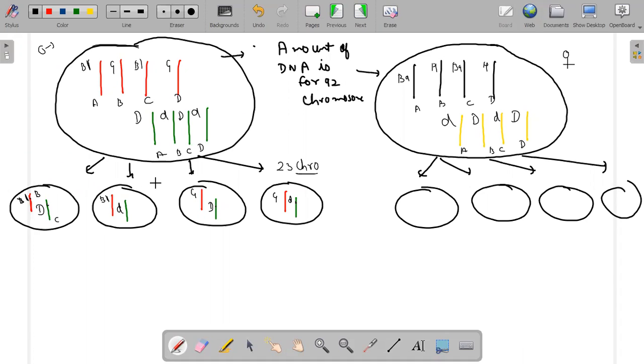You have to understand meiosis first, and then you can understand this in a much better way. And if you are done with the 11th class cell cycle and cell division, then you don't have to do so much here. So for 92 chromosomes, here 23 chromosomes, 23 chromosomes, or you can write chromatid. Now 23 chromosomes here, 92 are distributed. The material for 92 is distributed in 4 gametes. All of them are considered as gametes. These are gametes.